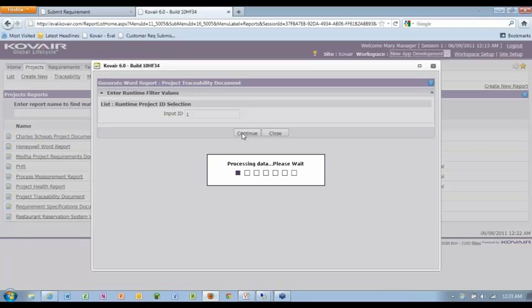You could embed those within the Word and then upload that Word report or template to Kovair, and then from that point onwards,